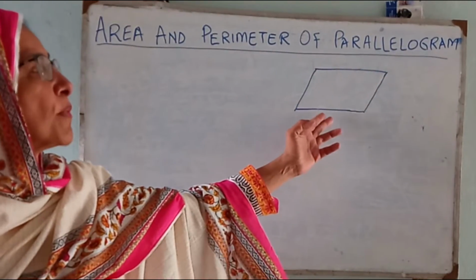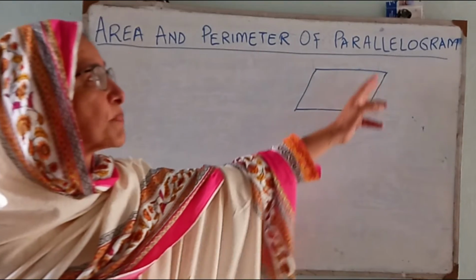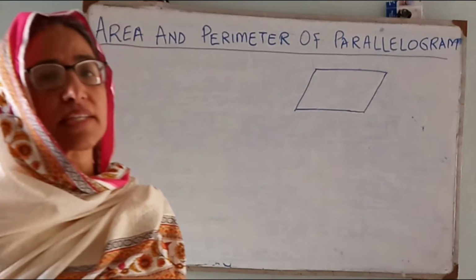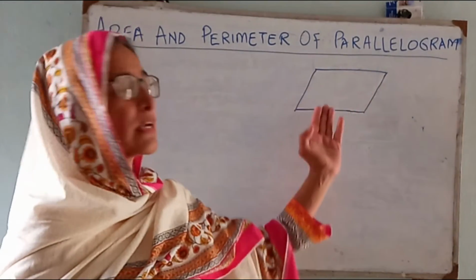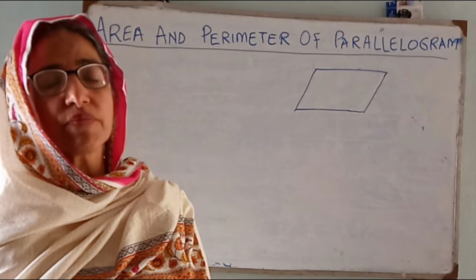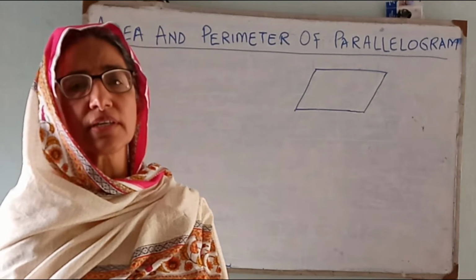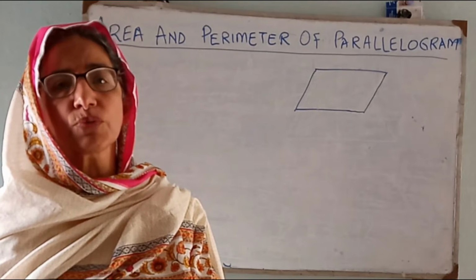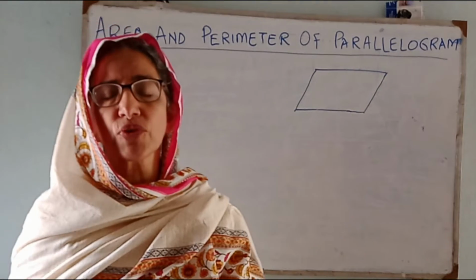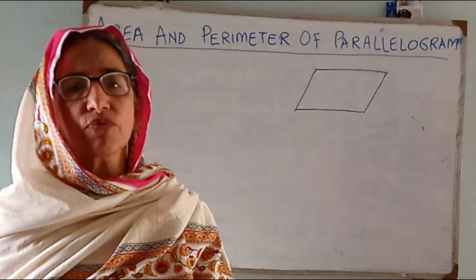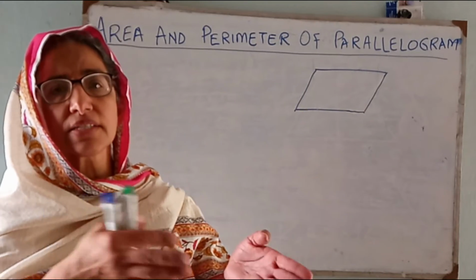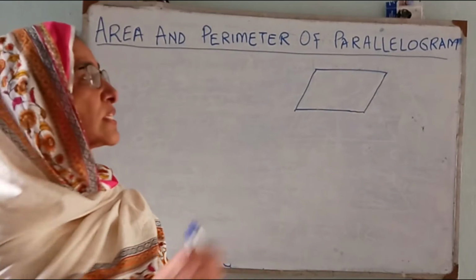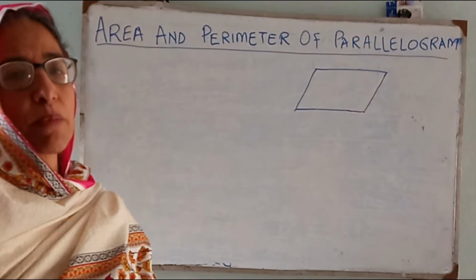It is a form of a quadrilateral, a four-sided picture in which, as the name suggests, parallelogram, parallel sides. The two opposite sides are parallel to each other. When we say the lines are parallel to each other, that means the distance between them is the same. They are never going to meet each other. The best example for this is a railway track. When you see the railway track, the distance between the rails is the same and they are never going to meet each other. So in this shape also the opposite sides are parallel.